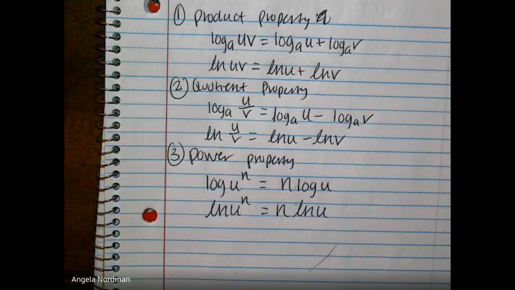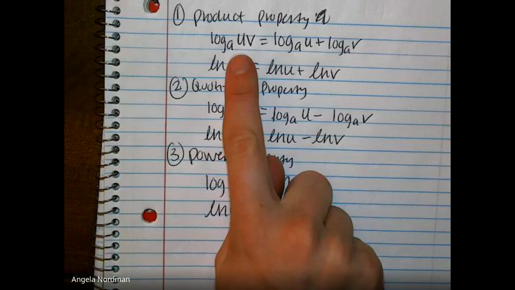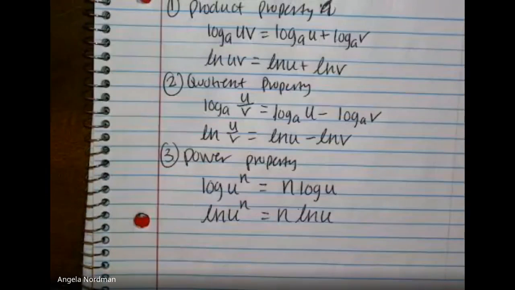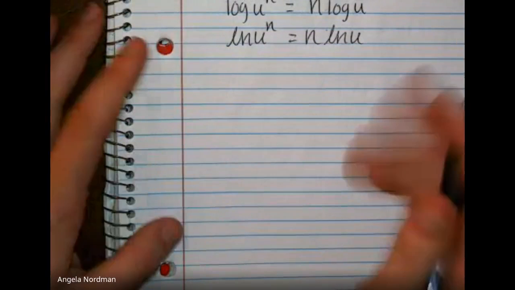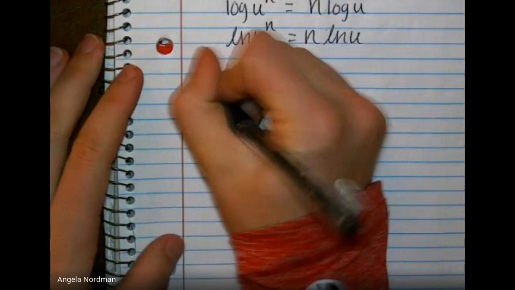So let's say you start with two things being added together with the same base. You can change those into multiplication. You can change the subtraction into division. You can put numbers out in front, up in the exponents. So both of these properties work both ways, and we're going to see how that works through expanding and condensing some functions. So when asked to expand,